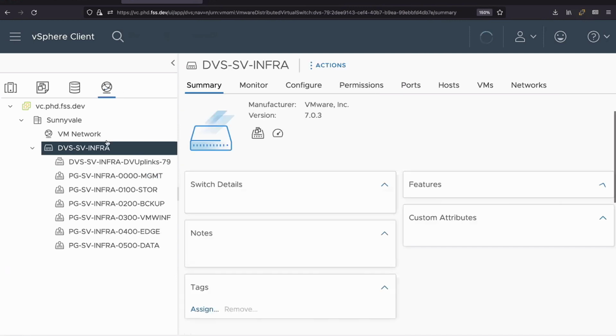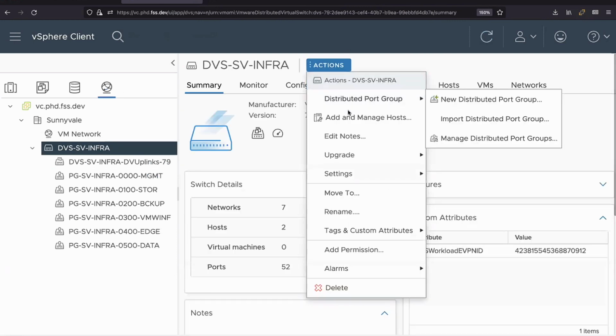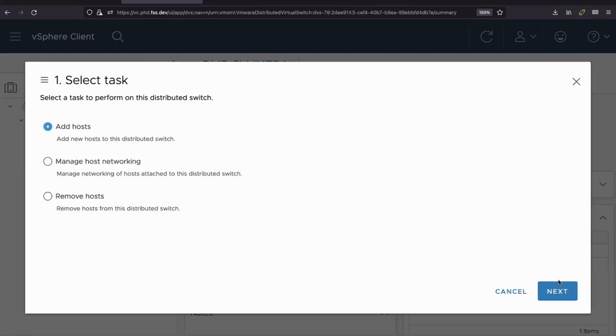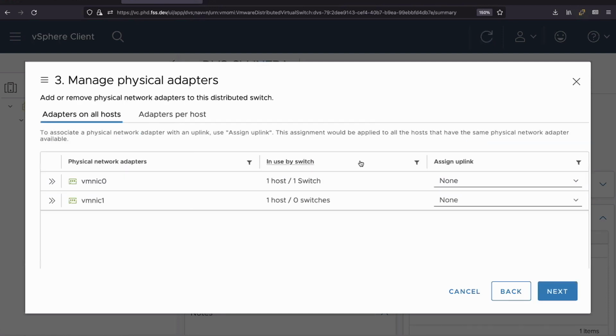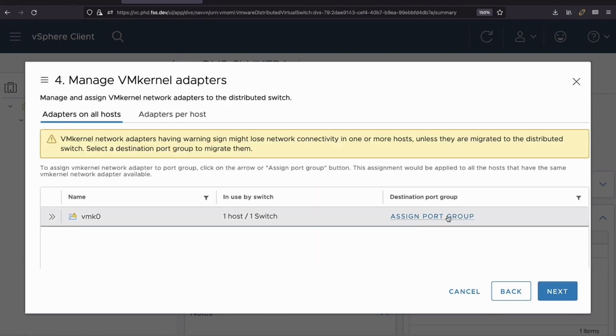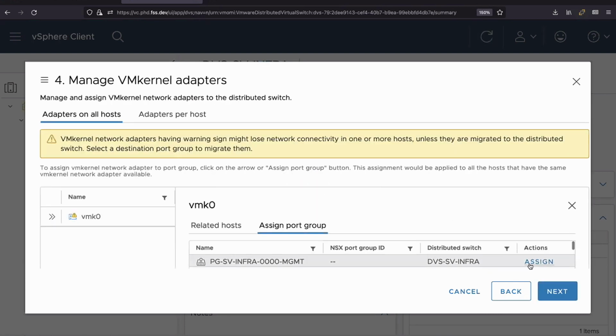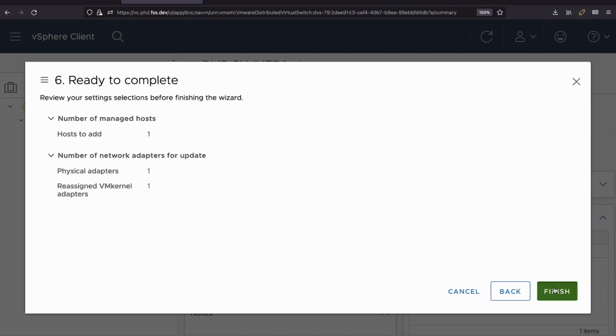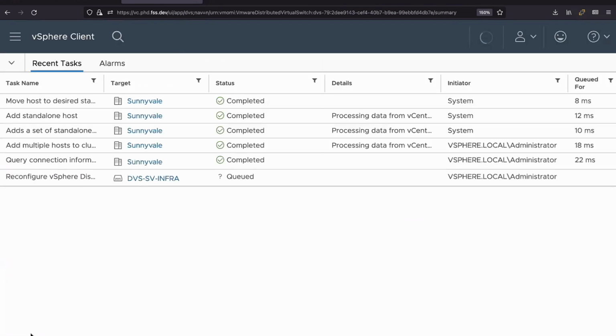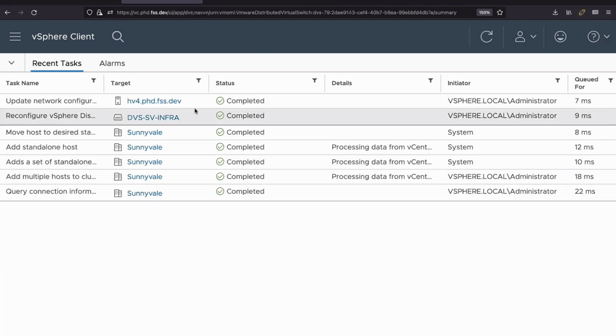But if I add this into this port group, and I'll just add one of my uplinks into this, and I'll even move my management interface into this environment. There we go. Let's give it a couple of seconds to finish that, although pretty quickly it's done.